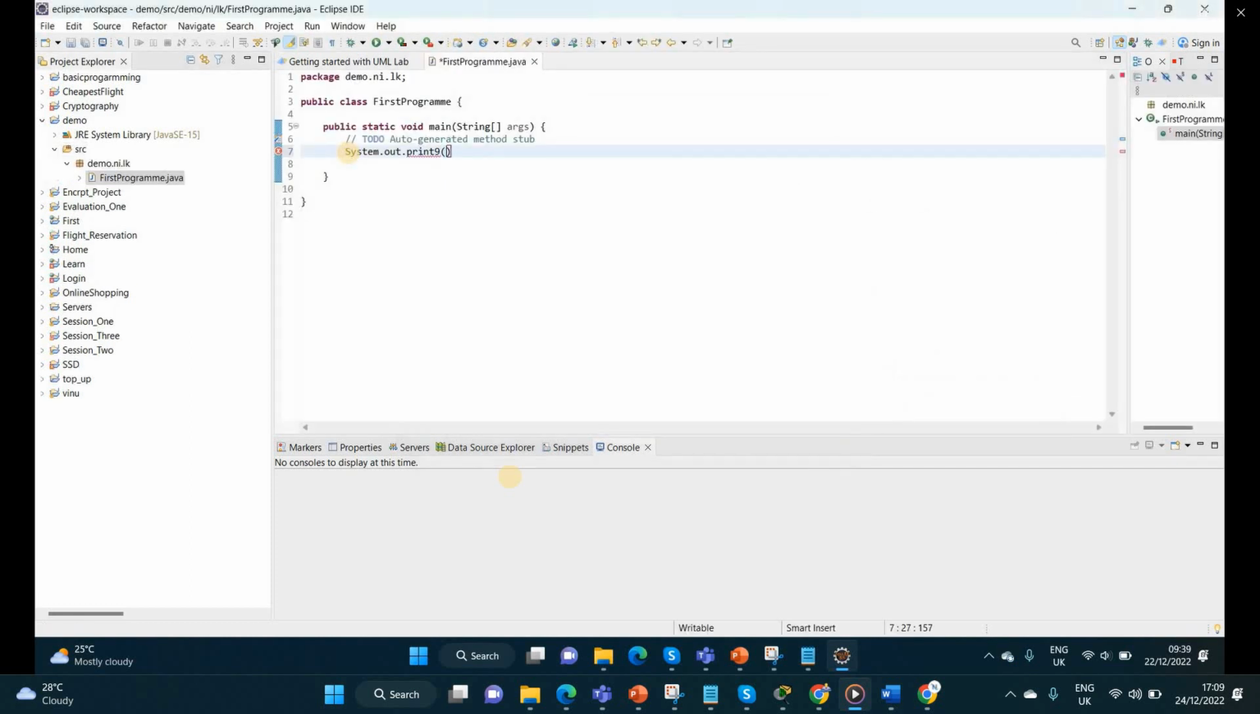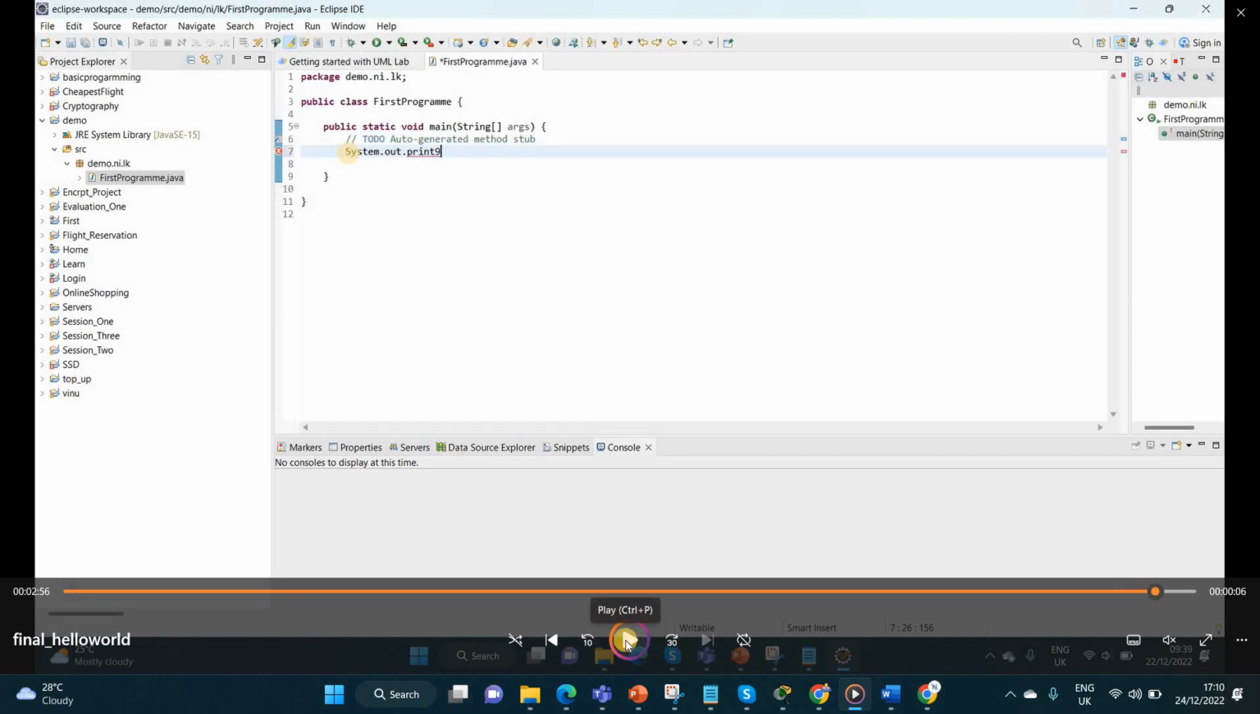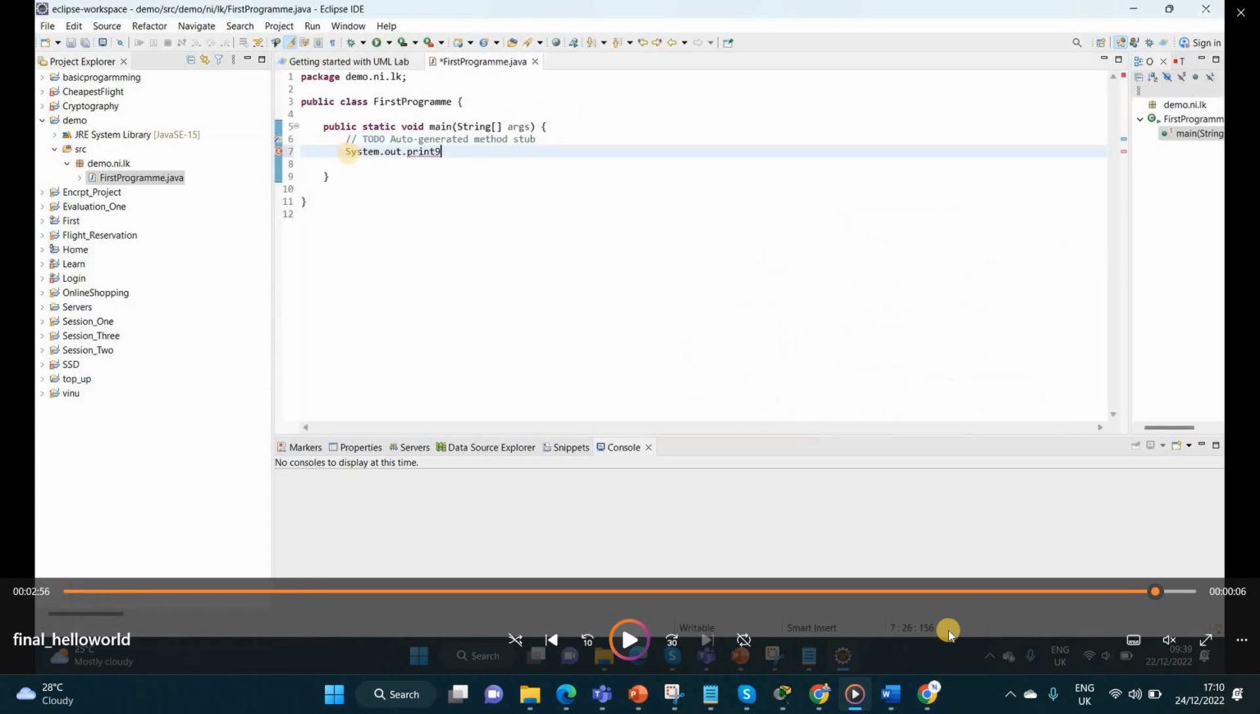I need to create another file. I have created the package as demo.ni.lk. Then I'm going to create a class. My class name is FirstProgram. I'm putting in the main method. I'm going to print